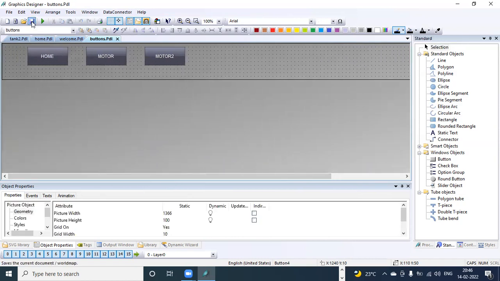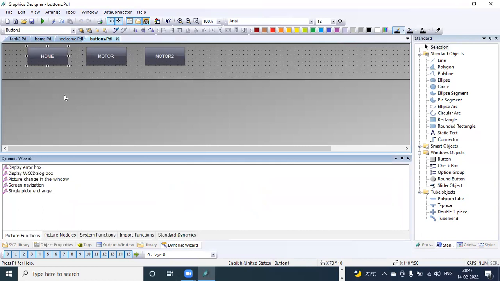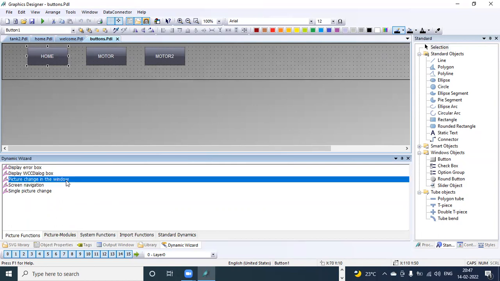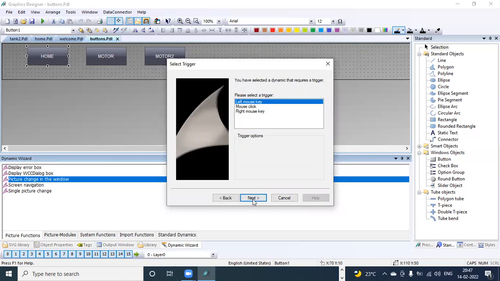Now for these buttons, we are having some predefined scripts, that you can find in the dynamic wizard at the bottom. So select the button home. Here, go to the picture functions. Here we are having picture change in the window. So when I press the button, it should change the picture in that window. Select the button, double click on picture change in the window, go to the next, left mouse key,